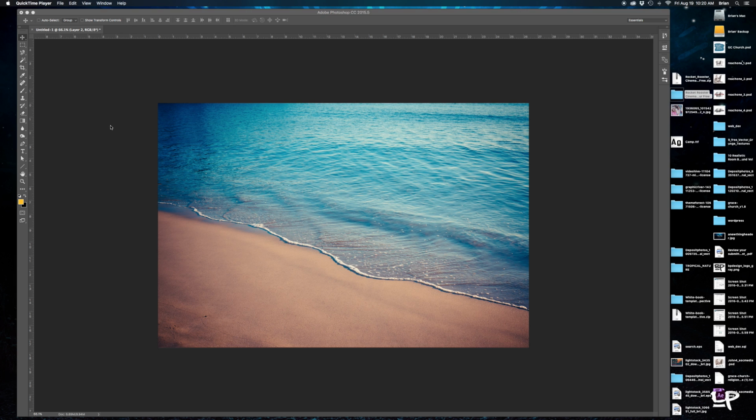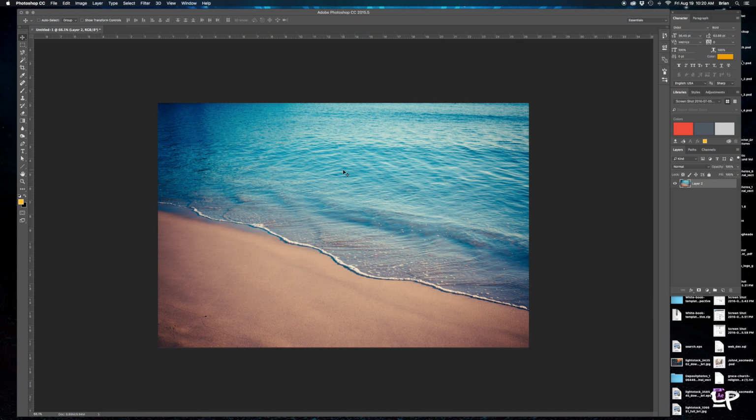Okay, let's pretend like we're making a graphic for a beach retreat or something like that. This is just a photo. I mean, it's nice, but we can make it look cooler or more trendy if we want. And some things you can do to do stuff like that are, if you create a new layer and